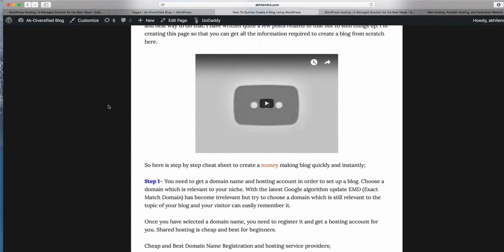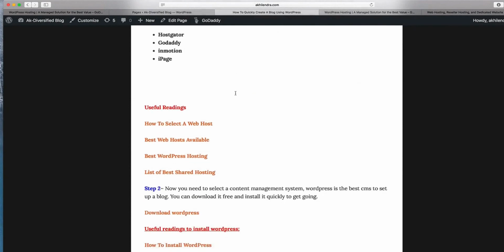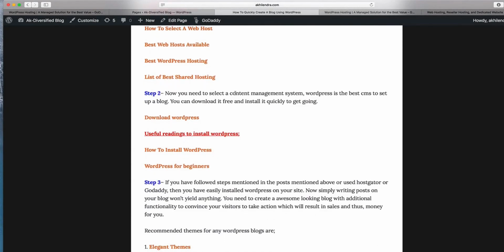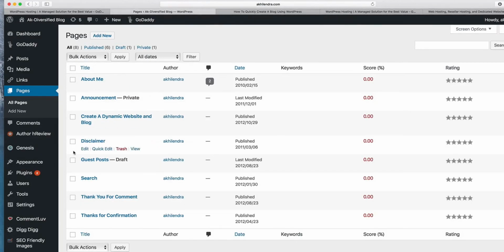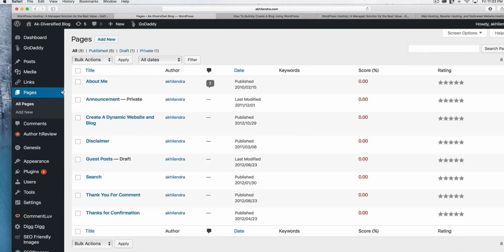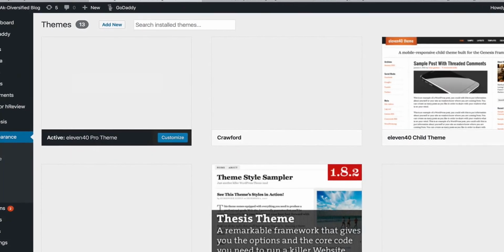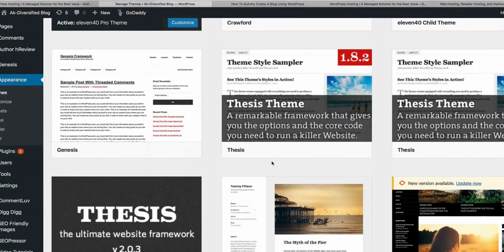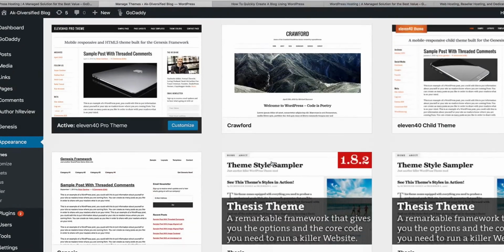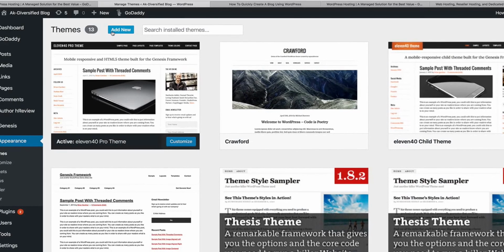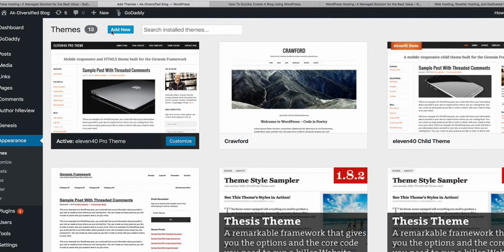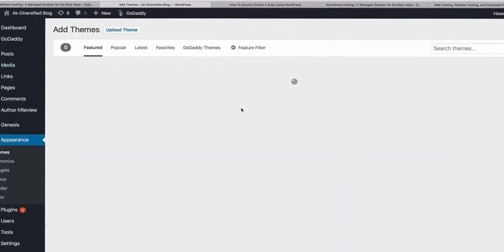Now, once we have domain name, hosting, and we have installed the content management system, which is WordPress in this case, we need to look at the themes. So themes are basically the templates. I won't focus on the paid themes in this video. We are simply going to talk about all the themes available to you. So if you click on this appearance tab, you will have all these options. In my case, it is displaying the existing themes. By default, WordPress will be installed with a default theme. Now, if you want to change your themes, you can always go to this add new section.